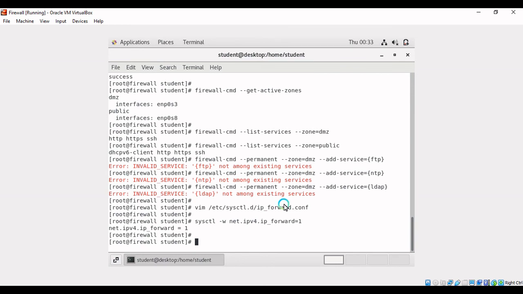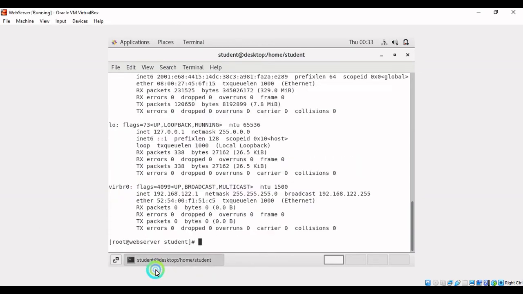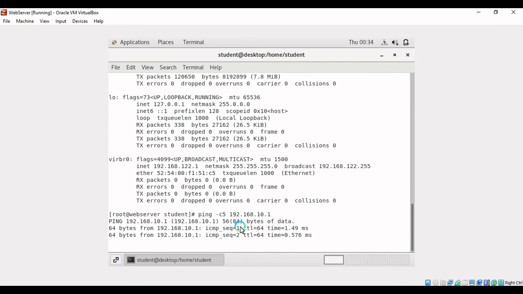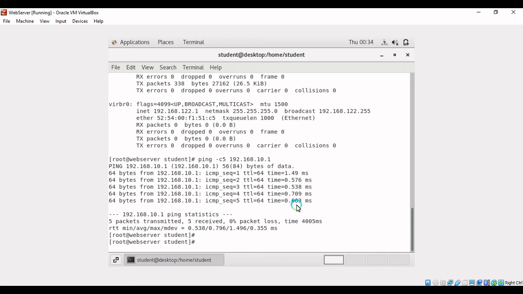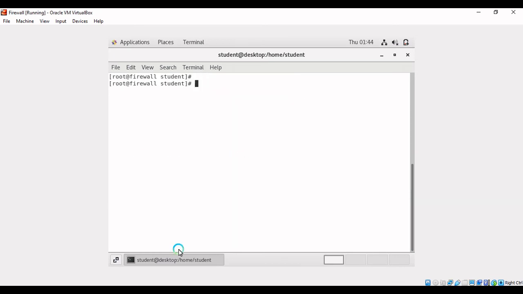firewall and we already configured the network interface for private network, can we ping it? So let's try ping -c5 192.168.10.1. See, we can ping the firewall private network interface. Okay, good. So now we already configured our web server. Alright, so we just configured our web server with static IP address that we can use, and now, just like